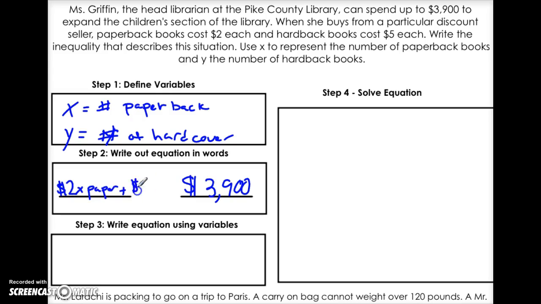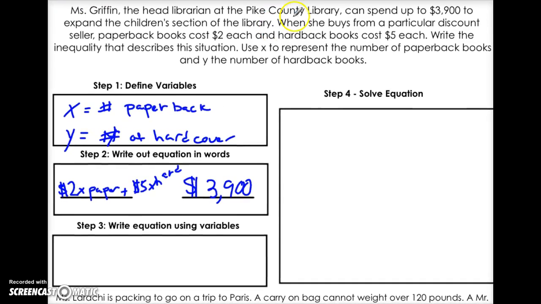plus $5 times the hardbacks. Man, I should have put more space here. So $2 times every paperback plus $5 times every hardback will give us the total cost. Now we have to figure out which direction this goes in. Well, we know that we have to spend less than or equal to $3,900, right? We can't spend more than